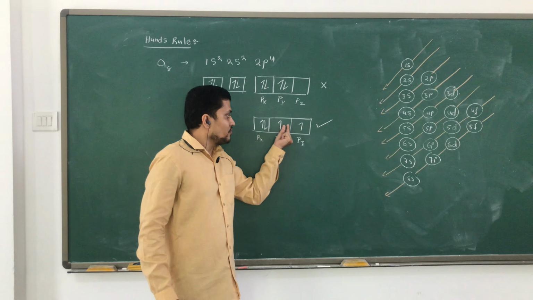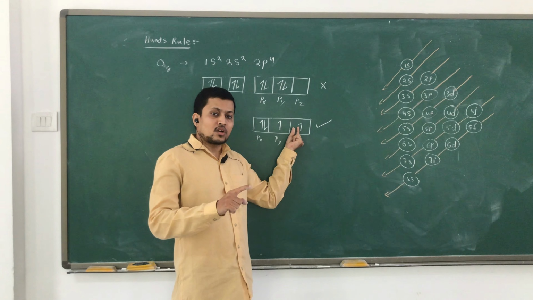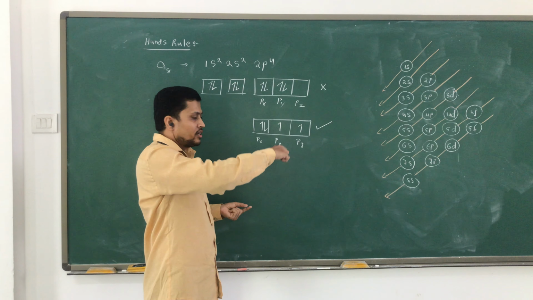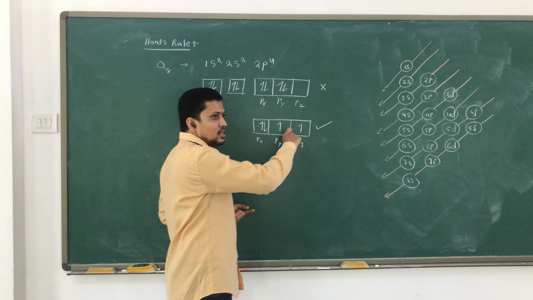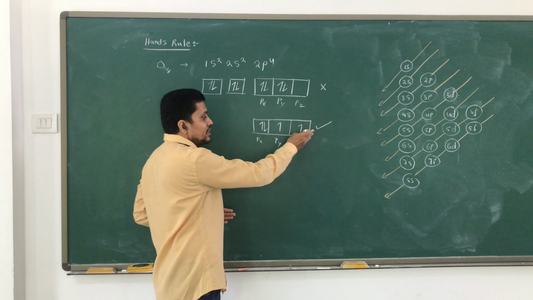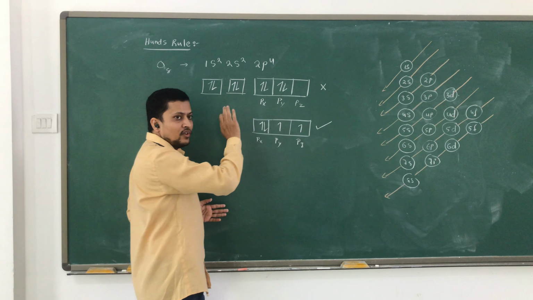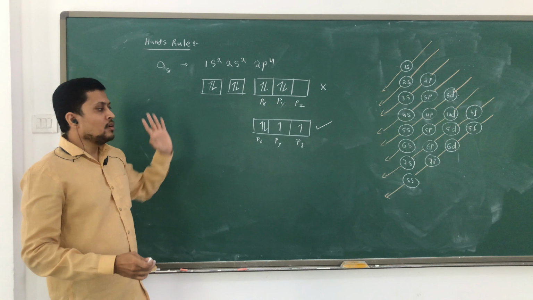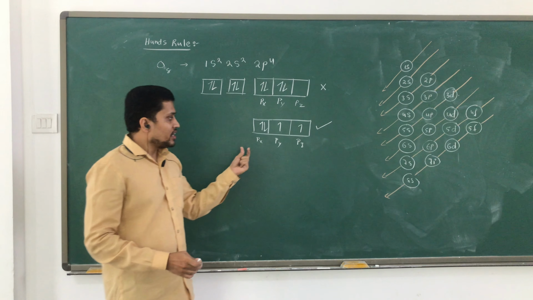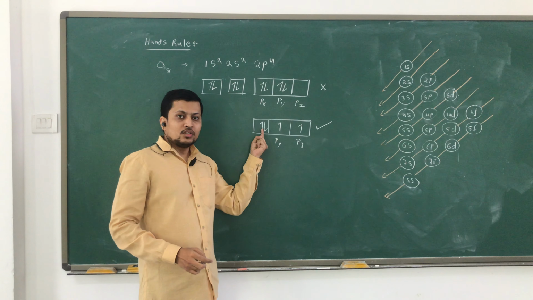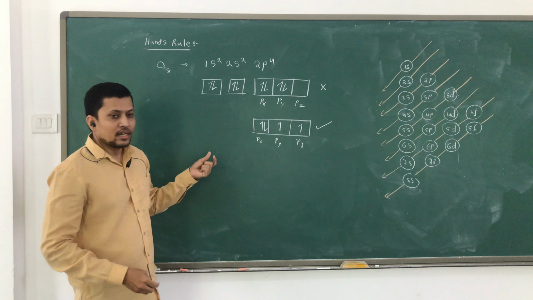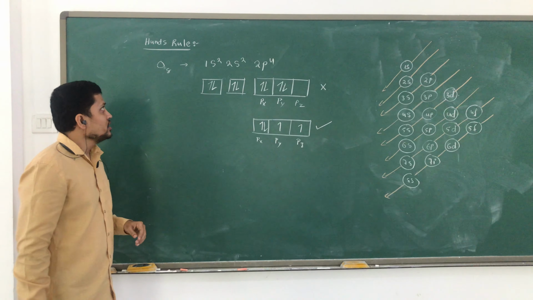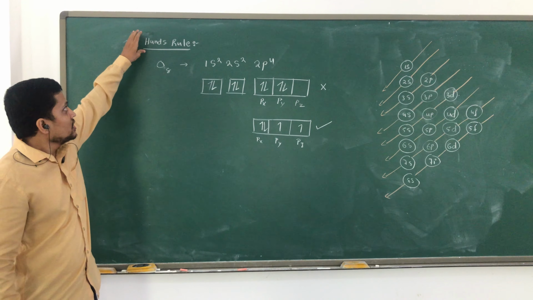So single electrons are filling, and the spin of those electrons is also going to be the same. Only one spin is going to enter first. After filling singly, they are going to be completely filled. That is what we call Hund's rule of maximum multiplicity. Whenever you are entering electrons, you have to follow this rule, which helps to understand spectroscopy and many chemistry topics. So hope you understand this rule.